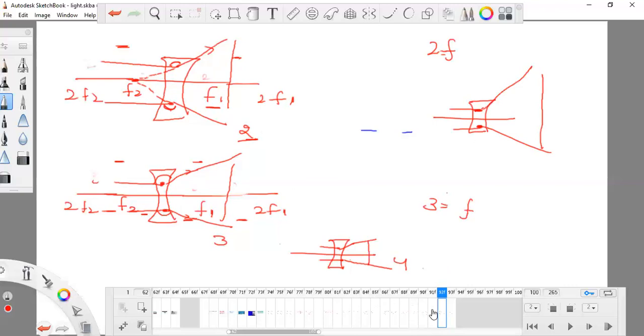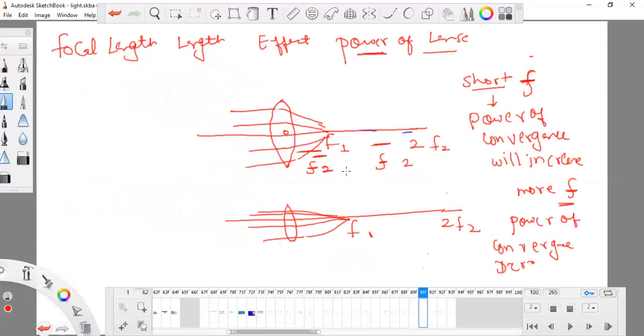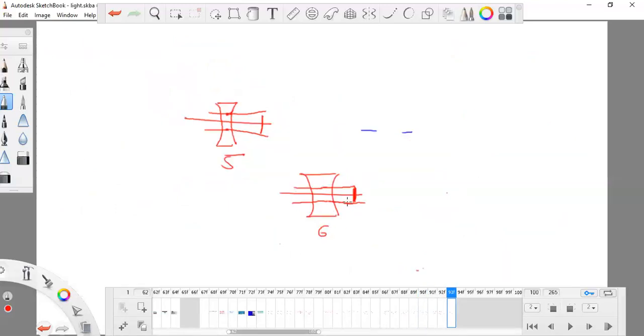Same thing here. For the convex lens, as the focal length increases, the convergence decreases, and in this case as the focal length increases, the divergence decreases. These two things. Now we will meet after 20 to 30 seconds when the Zoom closes, then we will log in again and learn about the formula of power, that is the ability of convergence and divergence. That is the power of a lens, how much it can converge, how much it can diverge.